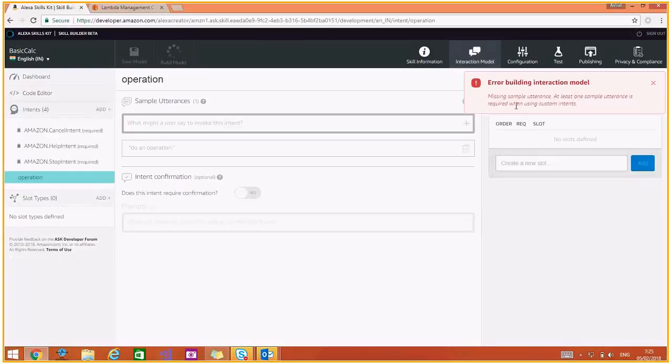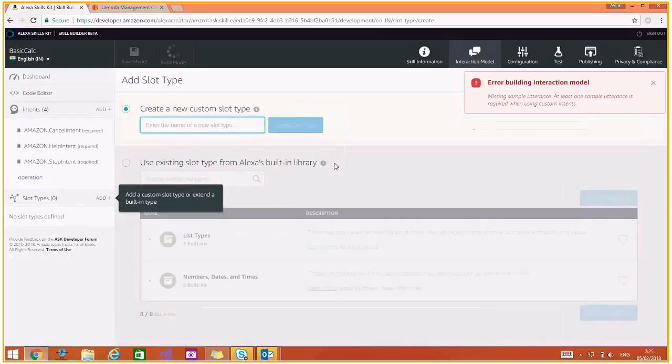Okay, it says something is missing: sample addresses. At least one sample address is required when using create custom intent. Okay, so it is saying that we need slots as well. So let's add a slot. Let's say we add a